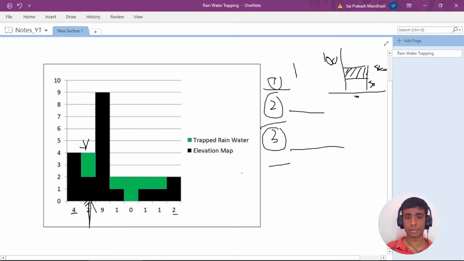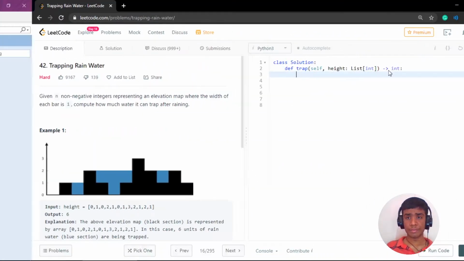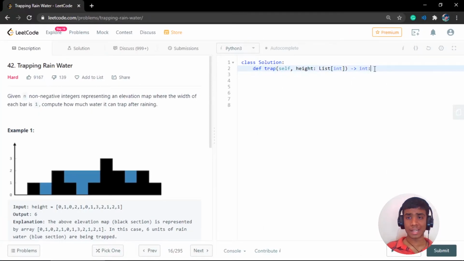Trust me. And now that you understood these 3 points, let's implement this in the form of code. So what did we discuss? From our first point, we have to find out the maximum elevation to its left and the maximum elevation to its right. So let's create an array. An array makes sense, because we already have an array. If you can create another array which will store only the maximum elevations, then it will be simple for us and we can solve the problem in a single traversal, that is big O of n. And big O of n should do the trick for most of the problems in competitive programming.